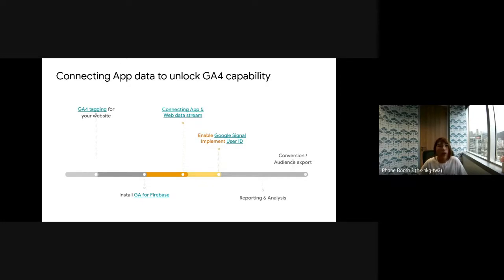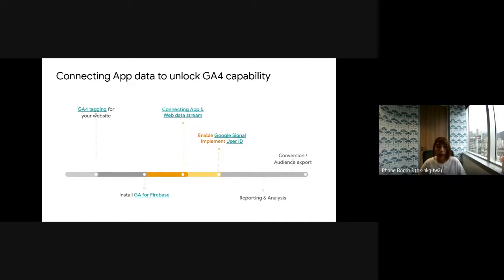First, we need to have the GA4 tagging on your websites. Then, of course, we need to install GA4 Firebase, known as the Firebase SDK, on your app, right? And then you will have the GA4 property to connect both the app and web data streams.